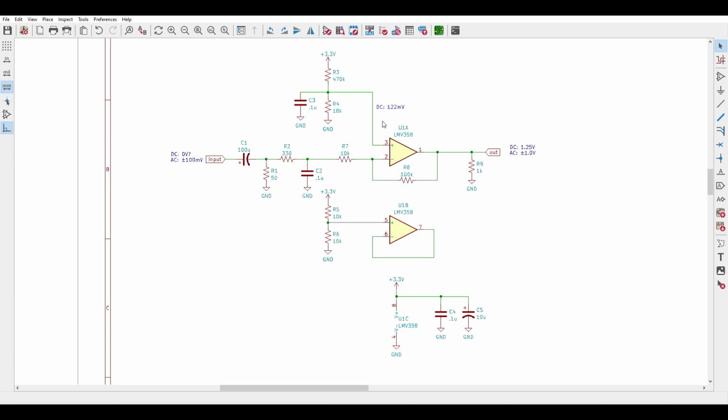Next up is to set the DC output bias, which I'm doing with R3 and R4 to pull the non-inverting input up a bit from ground so that it gets amplified to around 1.25 volts at the output. The final elements of interest are R2 and C2, which make up a low-pass filter with a 3 dB cutoff of around 4.8 kHz. R1 sets the input impedance to 50 ohms, and C1 is a DC blocking capacitor,